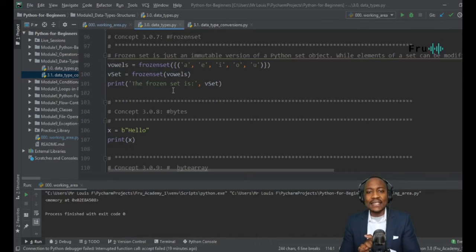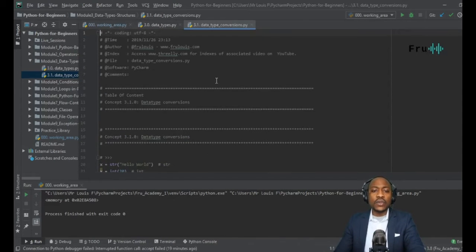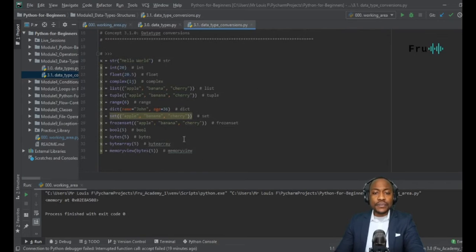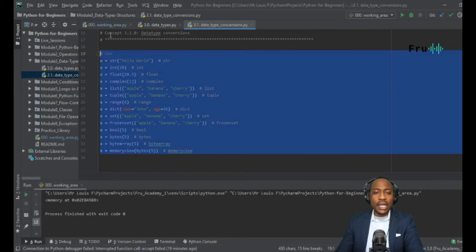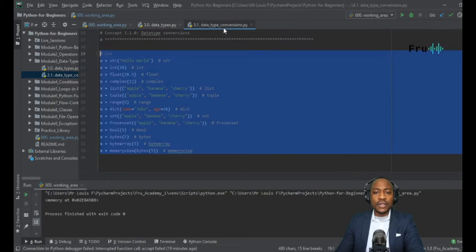Now, this takes us into the next piece. As we're talking about data types, sometimes it's important to convert from one data type to another. And how do we do that within Python? Let's take a quick look. All right, so this will be lecture 30310, type conversions. I'm going to copy a lot of the type conversions that we have. Let me actually copy the entire